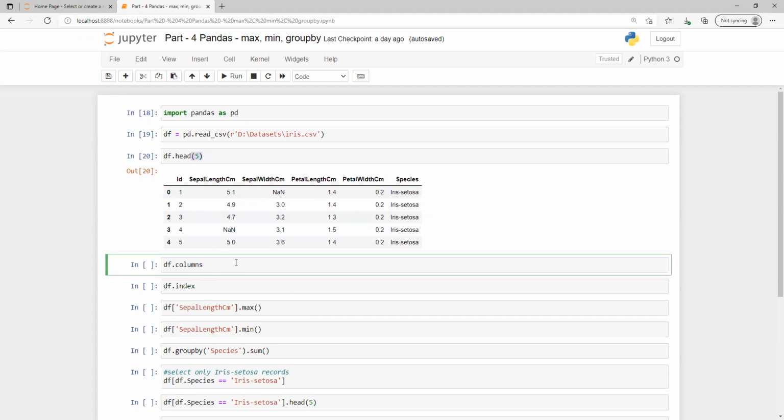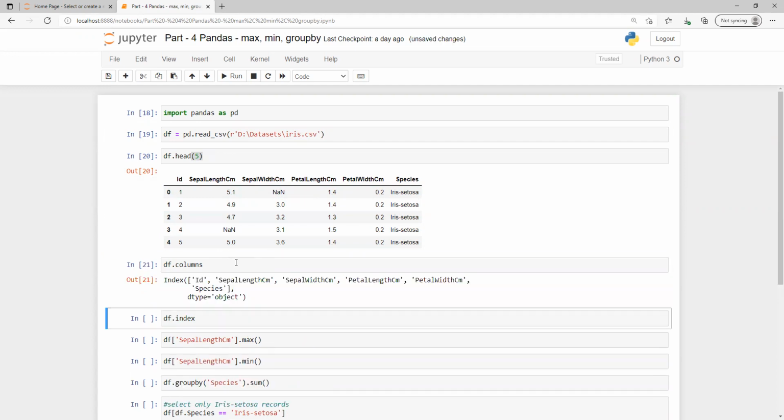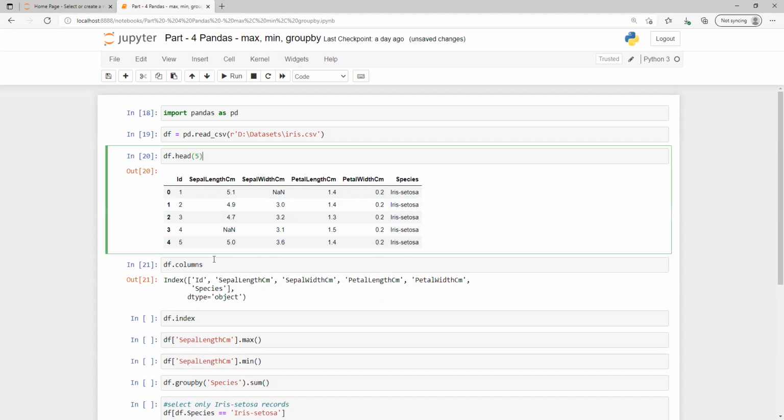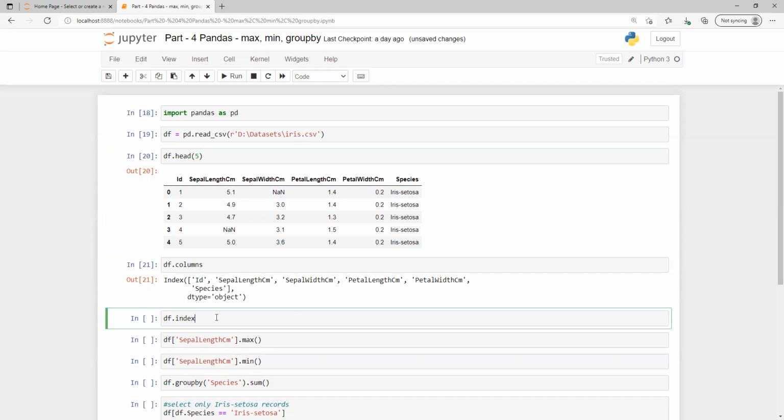Now first thing, if we wanted to get only all those columns, then how will we get that? For that we have one function called df.columns. What it's going to return is how many column names we have. So now we got all the columns in this data frame. We basically need this if a large number of columns are there in our database, then we might need to see which columns we have and what we need to do.